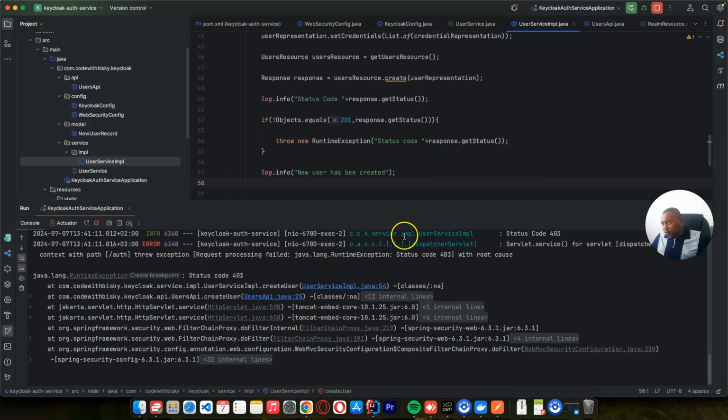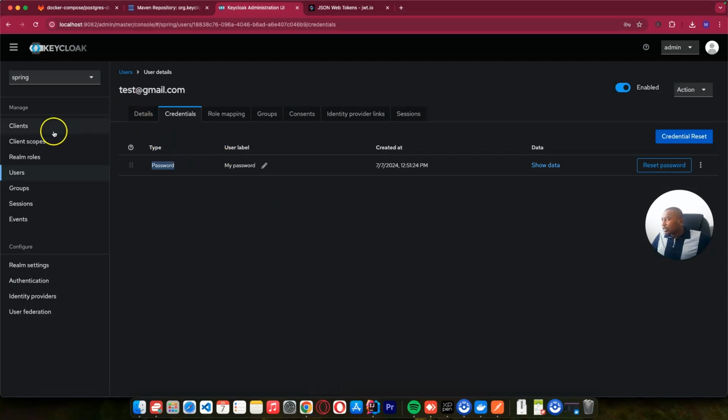So it's okay, we will fix that later, but you can see the status code is 403. So the user has not been created. So how do we add that permission? Which permission do we need to be able to create that user? So let's go to our Keycloak and let's go to the clients